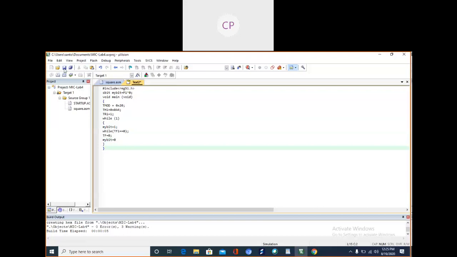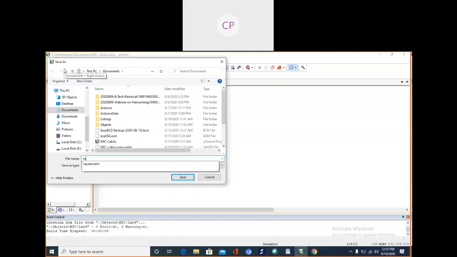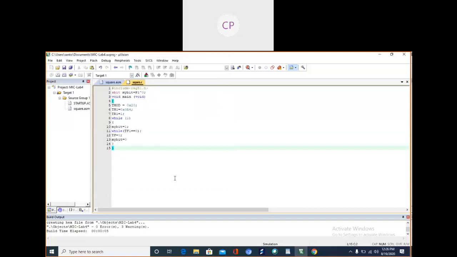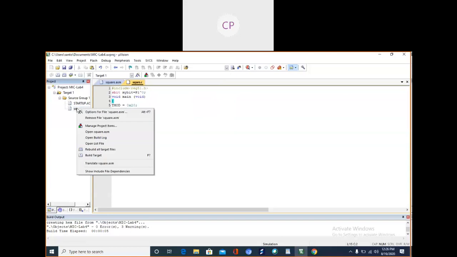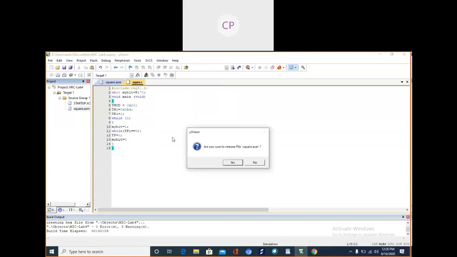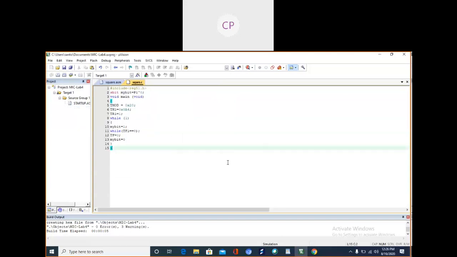So just save this file. I will save it as square.c. Then I have to copy this. Before copying, if possible, I will remove this.